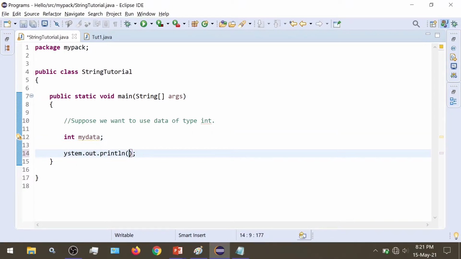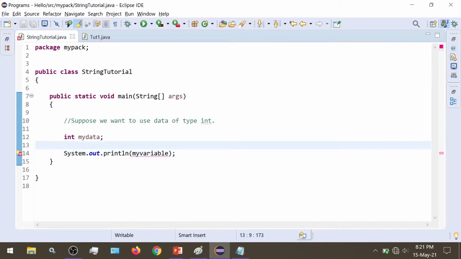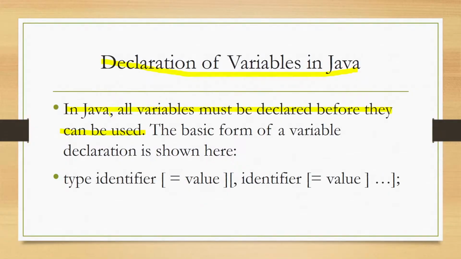If I am not declaring any variable, and I am trying to use a variable, suppose named my variable, then when we try to execute, it gives us an error that my variable cannot be resolved to a variable, because it cannot find any storage location with the name my variable. So we need to declare variables before we can use them.